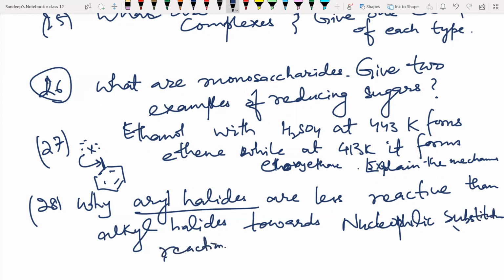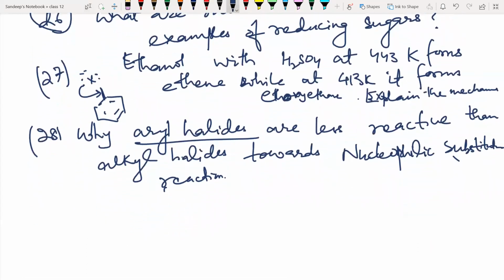Next question, which is very important, is carbylamine reaction and diazotization. So you have to write a note on them. I'm giving some extra questions which will be really helpful. So give a note on